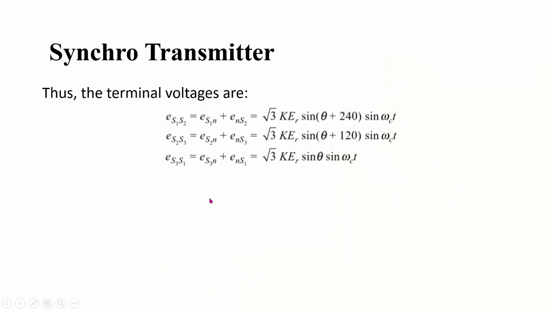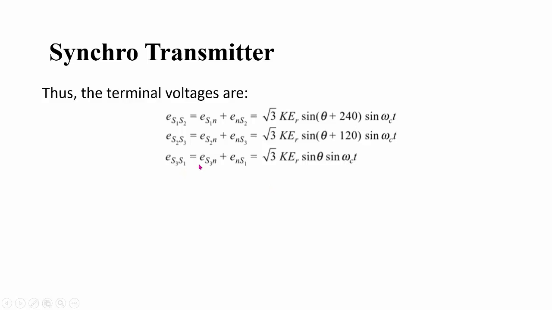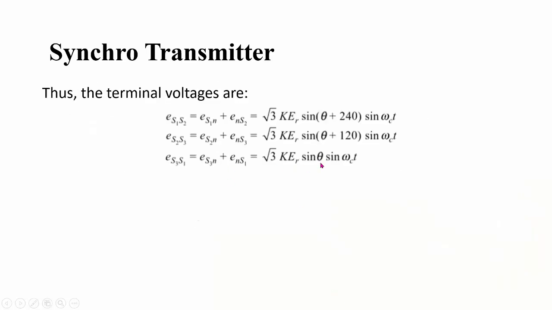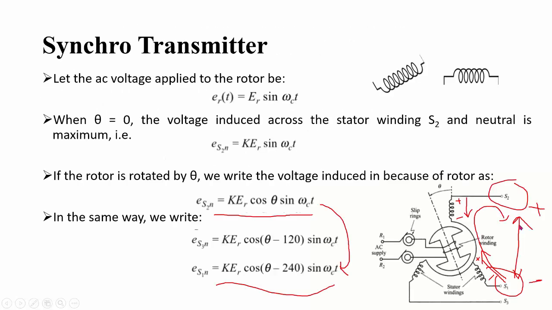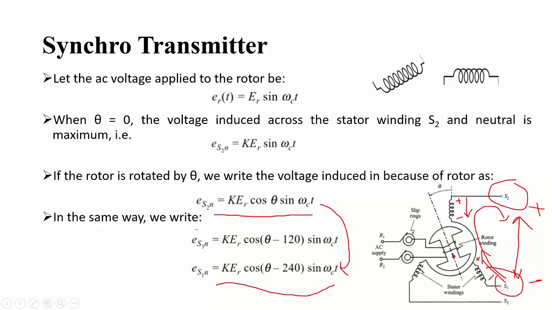Now suppose that the rotor makes an angle of 90 degrees with any one of these stator coils. If you look at this expression, let's say for S3, S1, if theta makes 90 degrees from coil S2, so the axis of this rotor coil is at 90 degrees from S2, then substituting theta equal to 90, this expression turns 0. Which means that the voltage that will exist across S3 and S1 will turn to 0 if this rotor makes an angle of 90 degrees from S2.